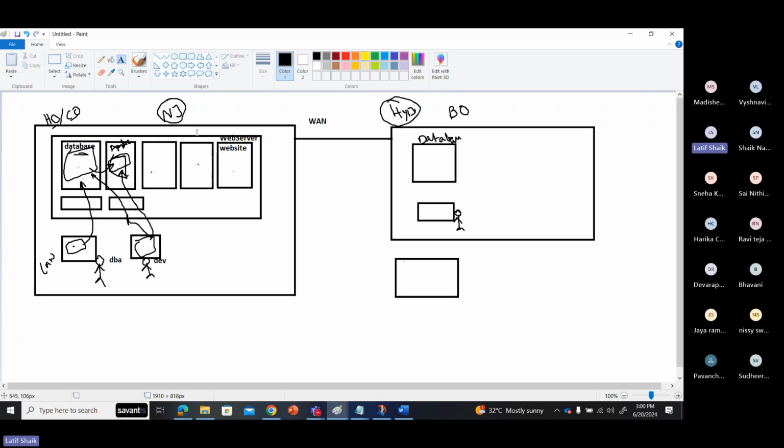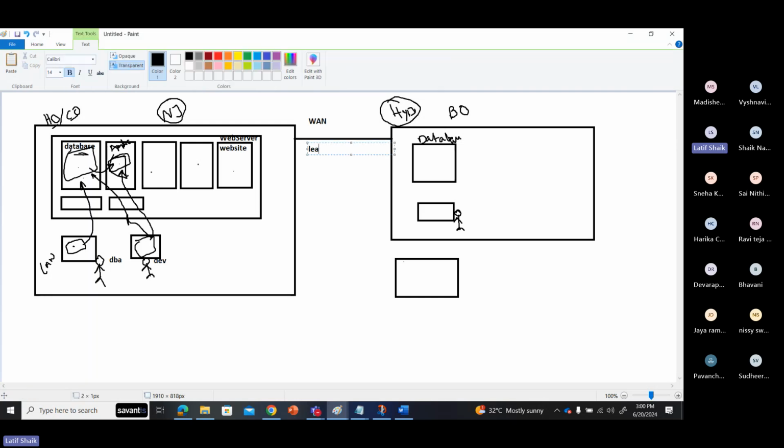From our New Jersey office to our Hyderabad office we are connecting directly. This is called a dedicated network or leased lines. Using leased lines, or we can say dedicated lines.